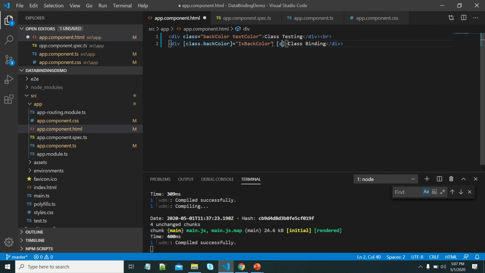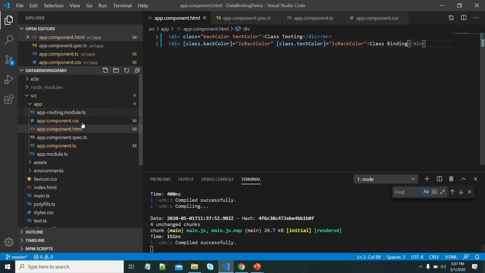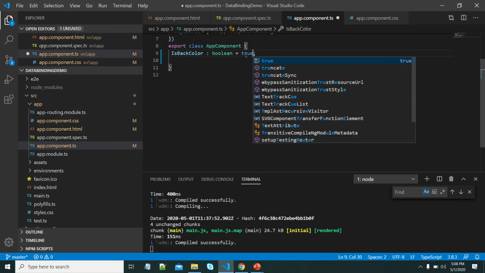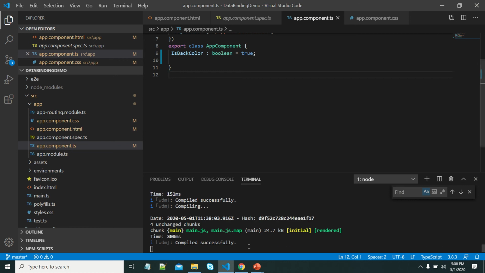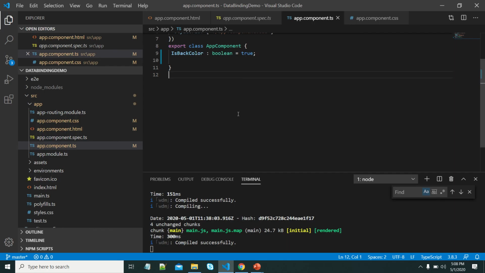If we want to apply one more, the text color class, we need to write it here, where we can use another variable or we can use this variable. So both are false. Let me make them true. Yes, both styles applied.